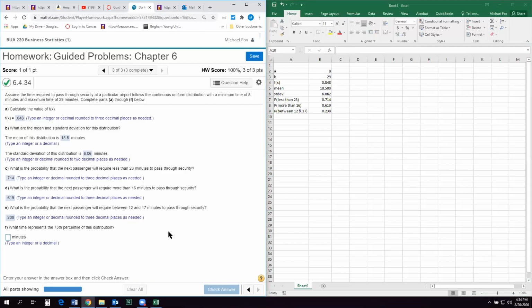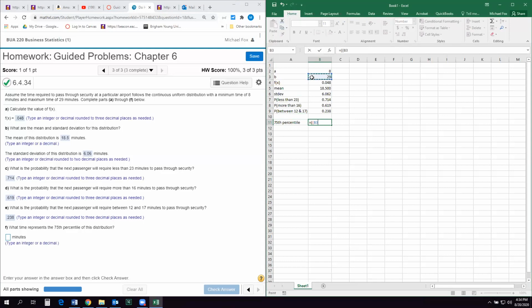All right, the last one is, what time represents the 75th percentile of this distribution? So this is a little bit more confusing, okay? Because again, remember the bottom is 8 and the top is 29. So that difference between 8 and 29, which is 21, right? 29 minus 8, is the whole distribution. So if I say 75th percentile, if I say, okay, this is going to equal